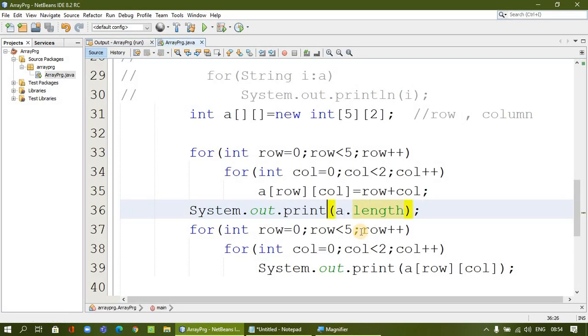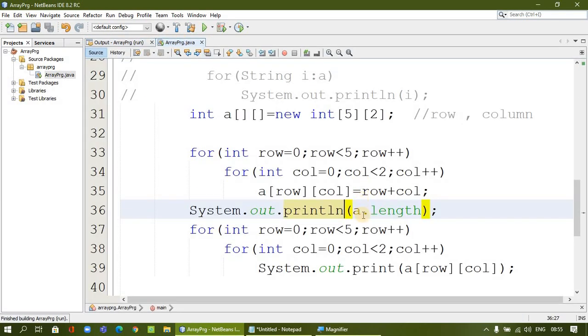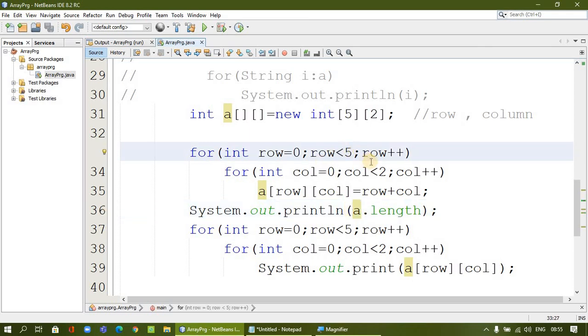Let me print line. Okay, it is talking about the 5. Okay, that means it is not about, I'm sorry, yeah, it's 5. I thought it is going for, yeah. So it is all about the row, not about the column.